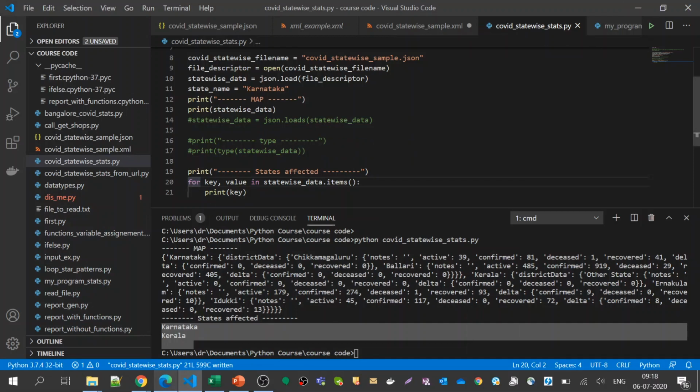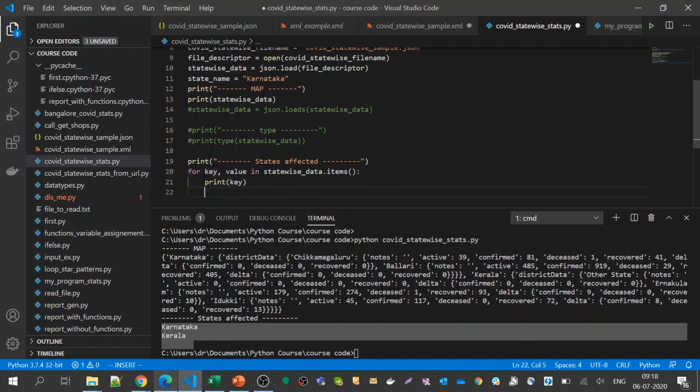So we just looped into two different boxes. It's like you open a box and you find that there are two boxes. So how do I further go into the other boxes? I need to put in a nested loop instead of key and value. I'll use variables, state and district data.